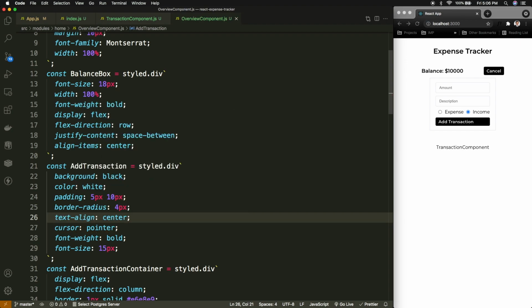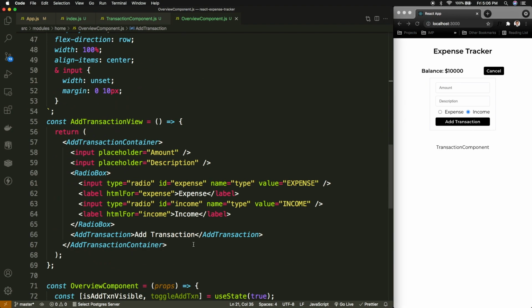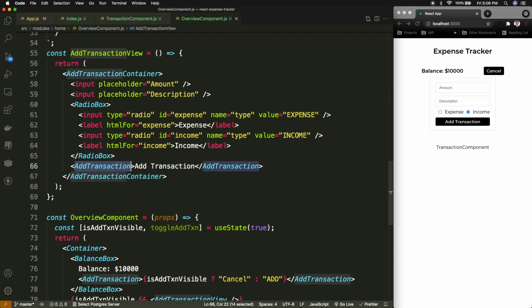Text align to center. Okay, so the text is aligned to the center. Now what we can do is, in the add transaction option, I think that we are done with this